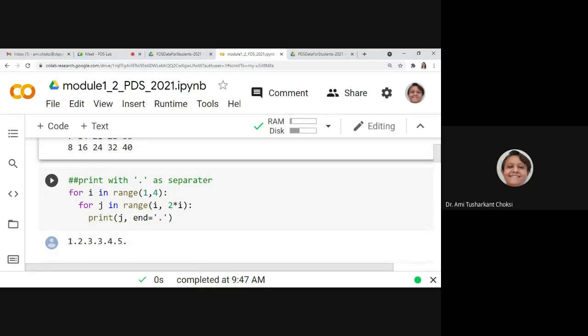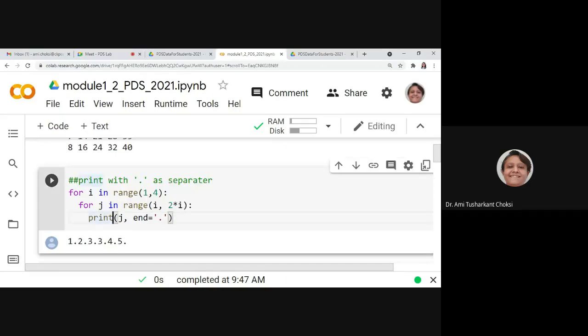So now, here, the same nested for loop, but what we want is to have the output separated with the dot, right? So for that we know that we'll be using print j, comma, and end is equal to dot, right? See, this code I'm showing you because my material is dependent on whatever certification courses I have done.